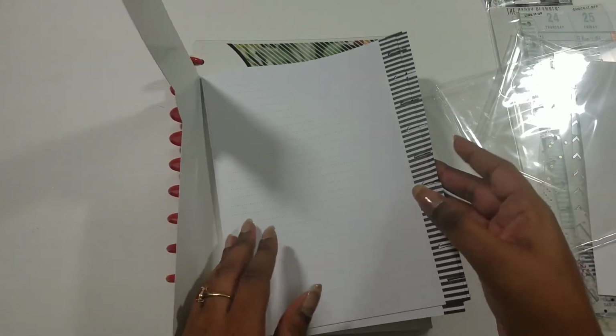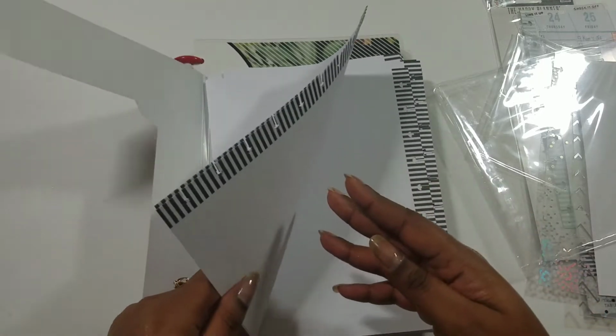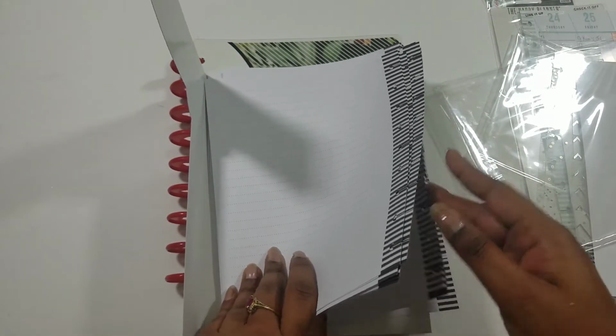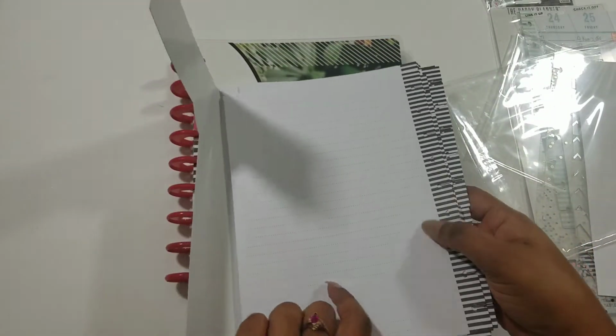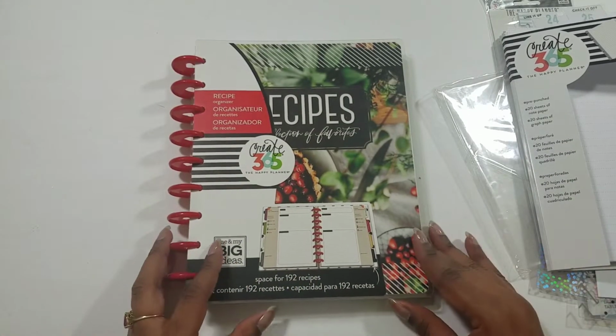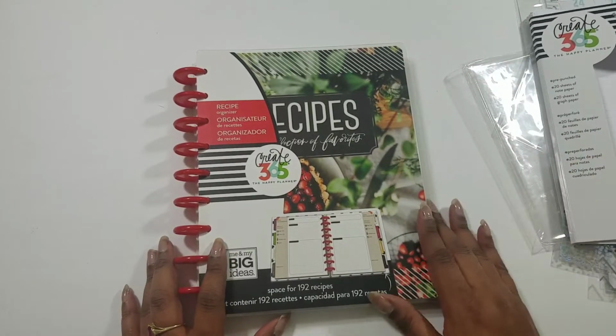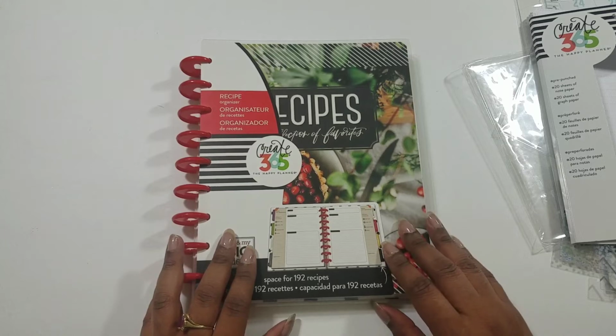Basic paper, nothing crazy. And the graph paper looks like that. And I'm sure you can use either one. That's fine. I'm excited that they're white, so they won't clash with any of the color schemes that I want to do or decorating. Then last but not least, I really wanted to get into starting recipes, and there was